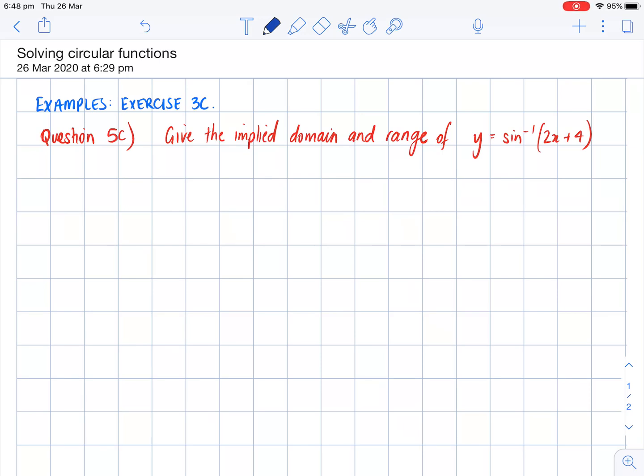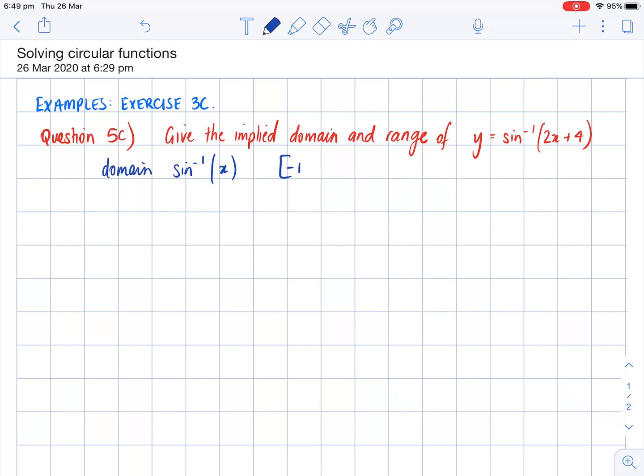Alright, so this is the first example I've done in a little while. Going to have a look at finding the domain and range of y equals the inverse of sine of 2x plus 4. So the first thing is we know that the domain of sine to the minus 1 of x